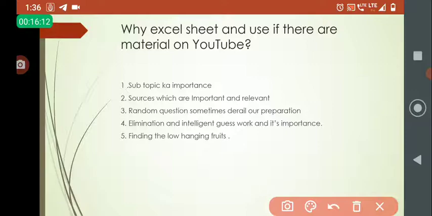So where is the problem? As we see the polity questions, every year one or two questions are coming from the preamble, one or two questions from DPSP, one question from fundamental duties. And if you see, these three topics are quite easy topics, so 3 to 4 questions can come exactly from there. Even some questions can come from schedules, which schedule was this, which schedule was that. And if I make another video, then I will surely try to pinpoint those facts. So you get to know that these are the low hanging fruits of polity.